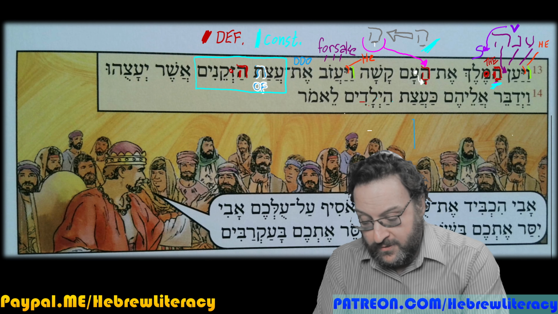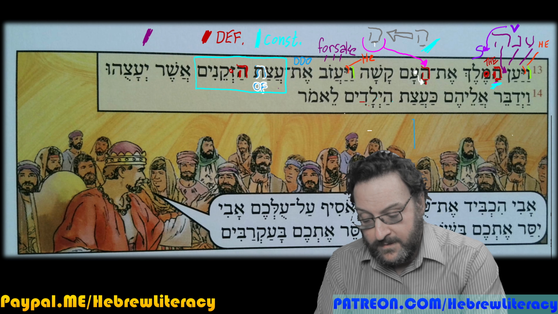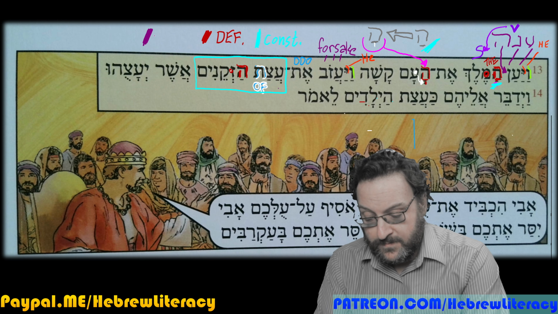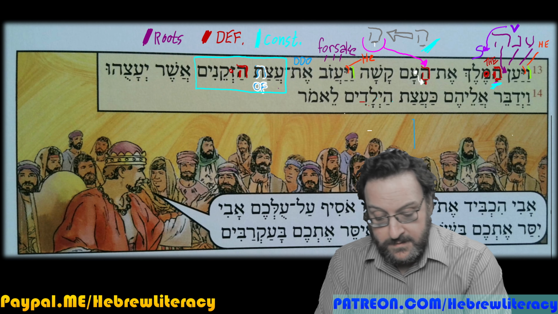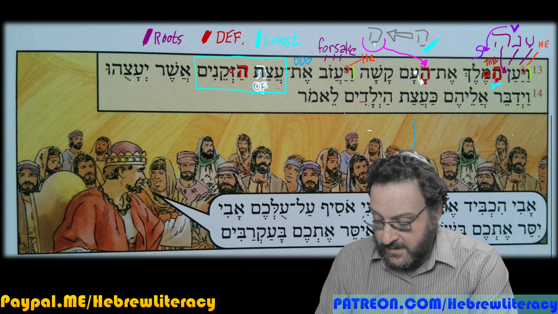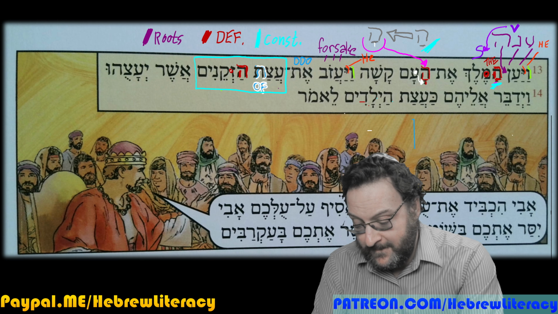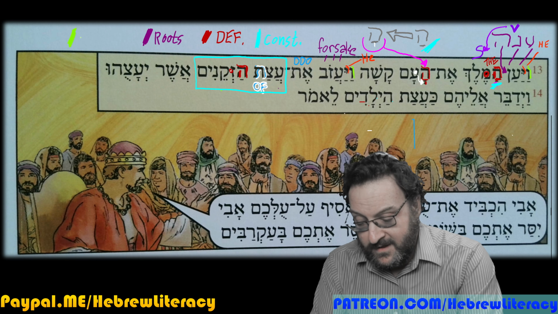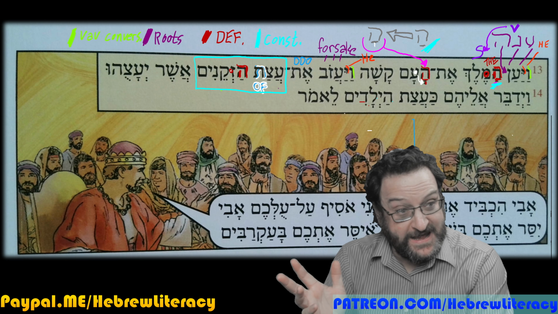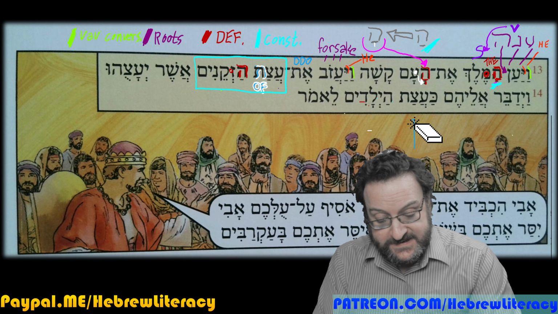I'm using maroon, or purplish maroon, for roots. And I'm using neon green for Vav conversives, where we change the aspect. It's kind of like changing the time, but not really.